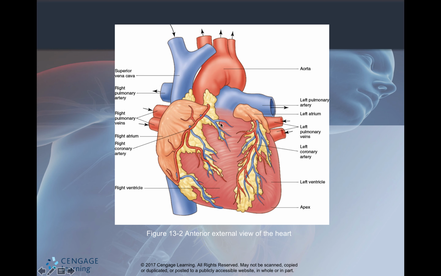The other thing on the great vessels is you have pulmonary arteries and pulmonary veins. These are the arteries and the veins that take the blood from the heart to the lungs to become oxygenated and then bring it back to the heart to pump it out to the rest of the body. So those are depicted, where's my mouse? Here. There's the right pulmonary veins, left pulmonary veins, pulmonary artery, pulmonary artery. What's interesting about the pulmonary circulation is it is what you would say opposite of the rest, meaning